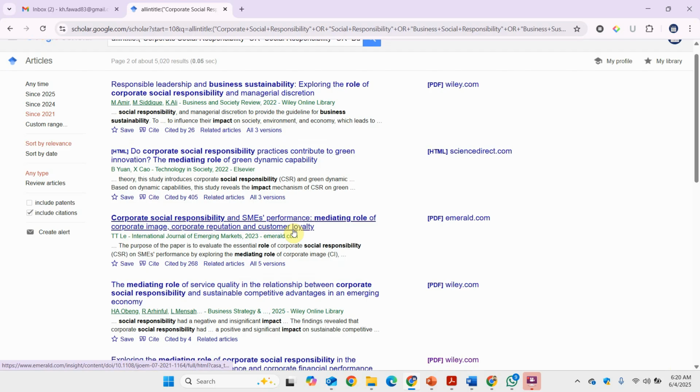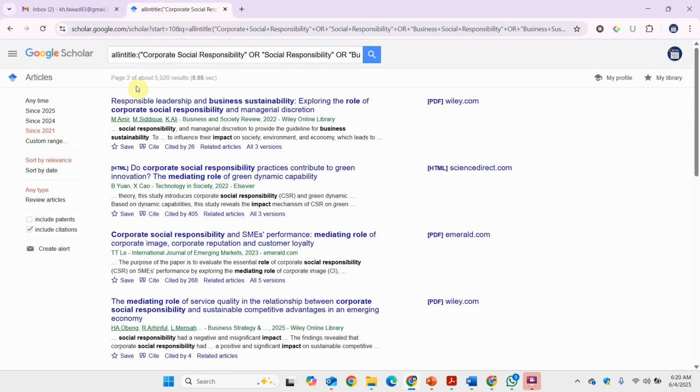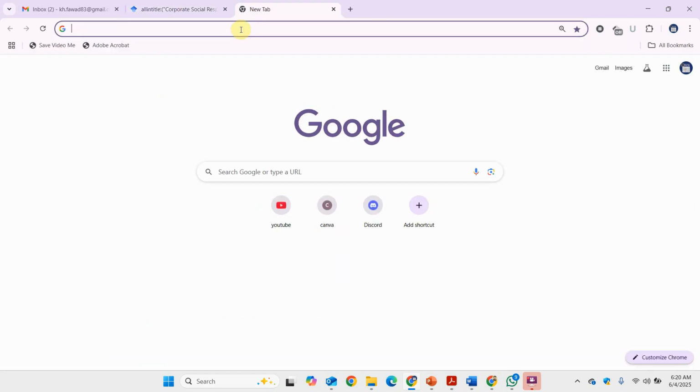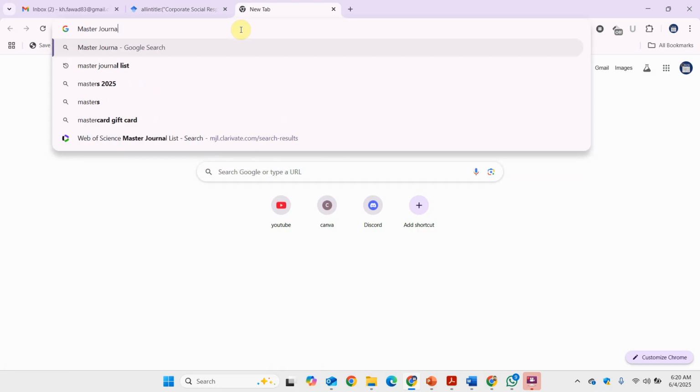Again, now let's say we do not have access to Scopus or Web of Science and we are searching Google Scholar. What next could you do? So let's say I'm only focusing on those journals that are listed in Master Journal List, and normally those journals are in the Web of Science. So let's say I go to Master Journal List,